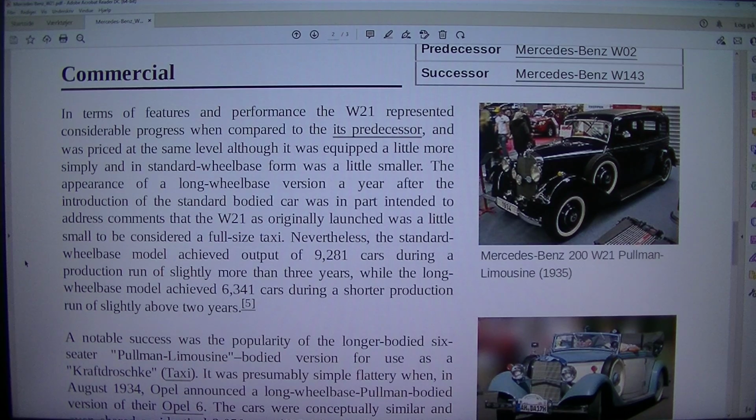Nevertheless, the standard wheelbase model achieved output of 9,281 cars during a production run of slightly more than 3 years, while the long wheelbase model achieved 6,341 cars during a shorter production run of slightly above 2 years. A notable success was the popularity of the longer-bodied 6-seater Pullman limousine-bodied version for use as a taxi. It was presumably simple flattery when, in August 1934, Opel announced a long-wheelbase Pullman-bodied version of their Opel 6. The cars were conceptually similar and even shared an identical